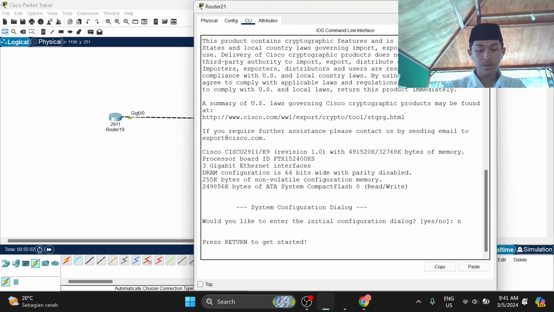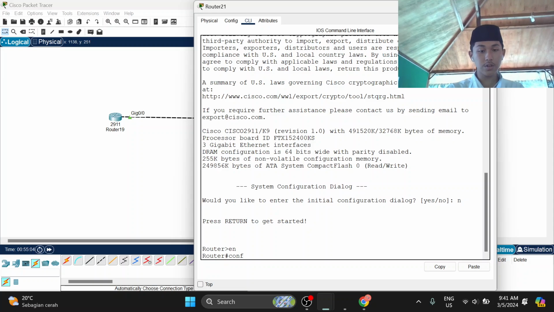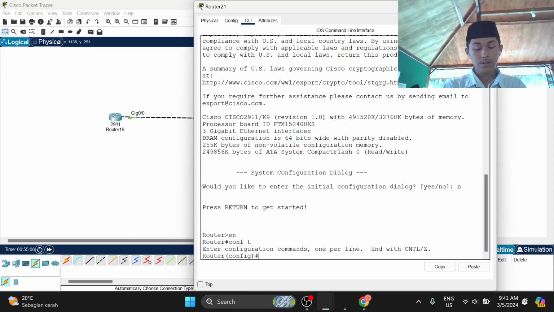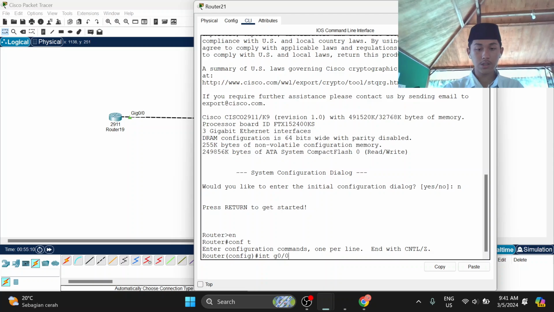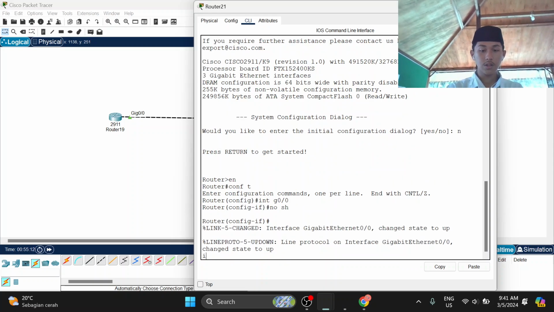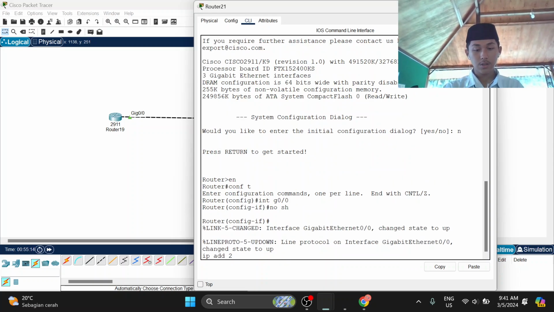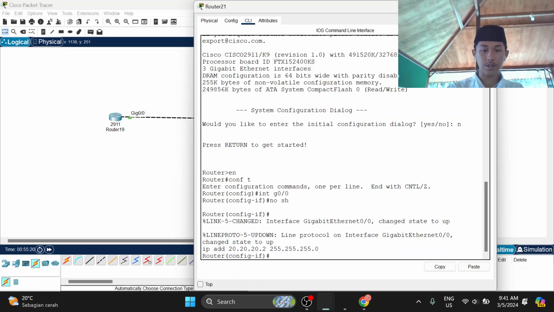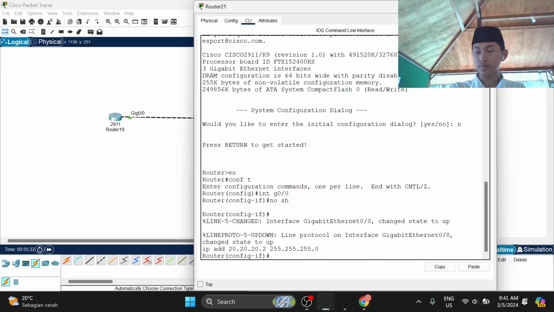Enable, configure terminal, and then interface G0/0, no shutdown, IP address 20.20.20.2, prefix 24. Enter.